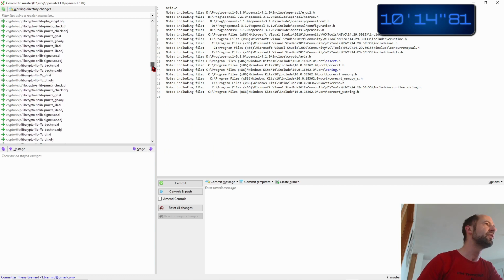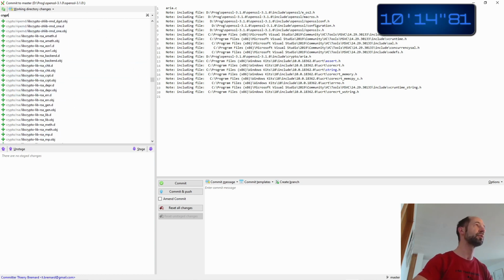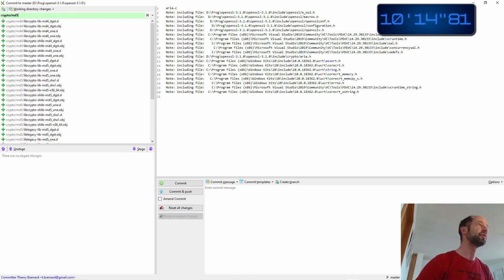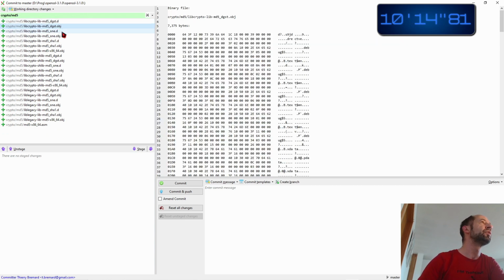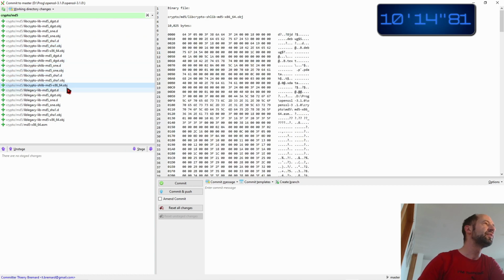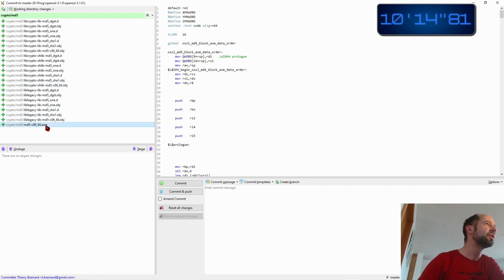Let's look at what interests me, which is MD5. Let's look at crypto MD5. So yes, you see, for example, for MD5, the x64 object has been built, and the ASM file for MD5 has also been generated.